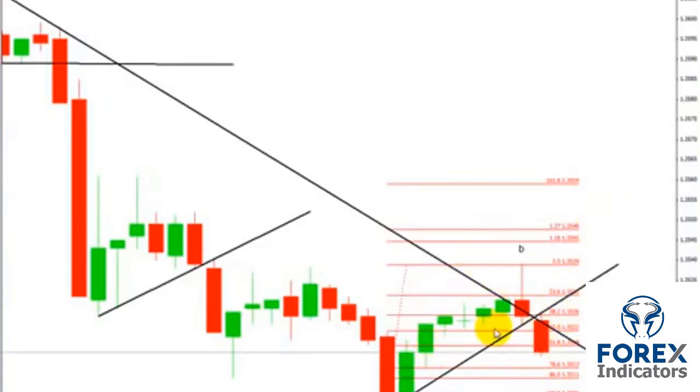So I'm going to take a back seat and I'm going to watch what happens. Okay, if this had not taken out this high, I would be waiting for the close of this candle to be a full-bodied short, and then I would be taking it with my stop just below this high point. But it did take out the high, and therefore it's cancelled this trade out for me. But this would be one of my trades had it not taken out the high. Okay,